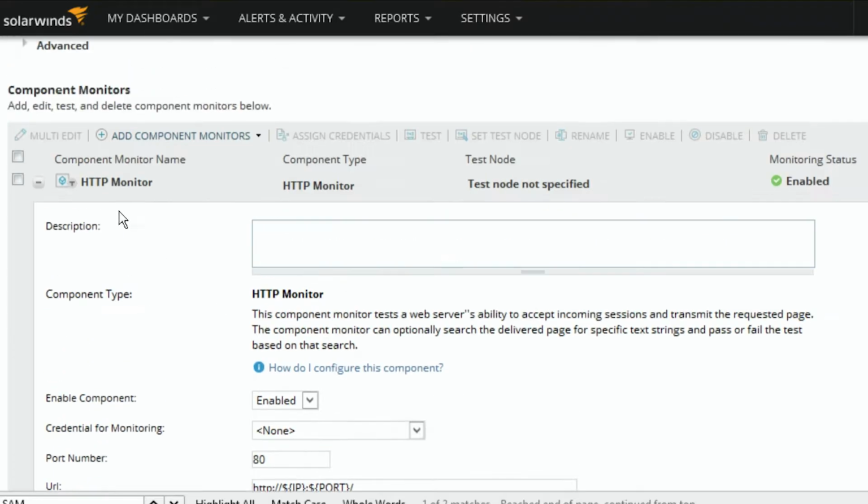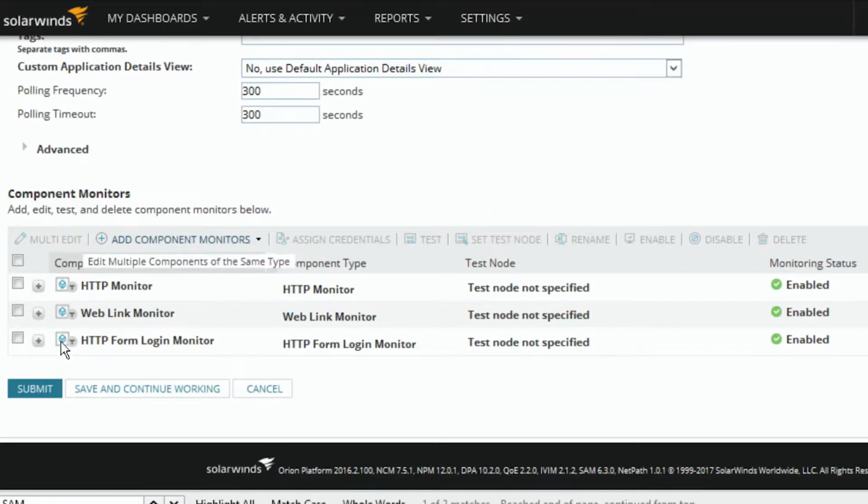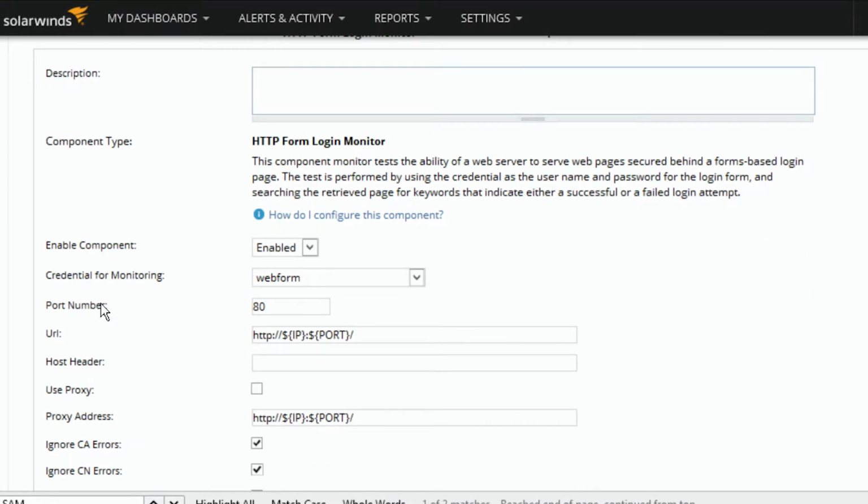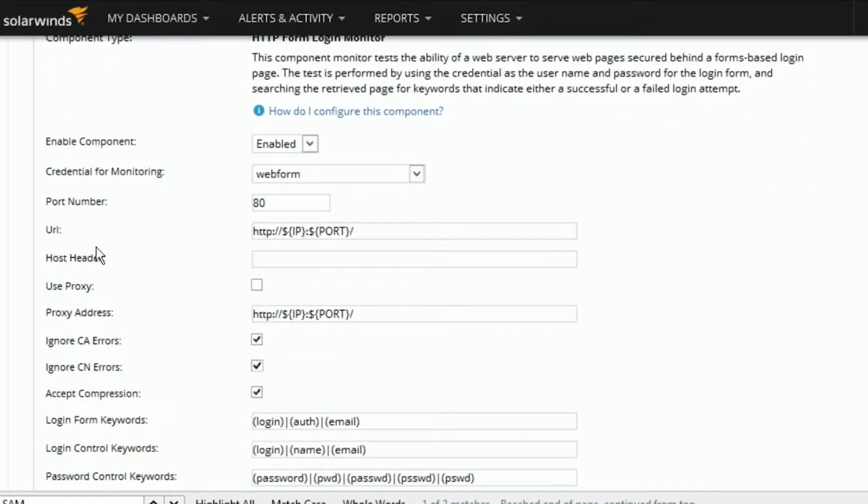So there's one more HTTP specific item, and that is the HTTP form, which I have a component here, the form login. Now the idea here is that you're going onto a web page and it's going to pop up a screen that says, who are you, give me your login, what have you. And this can really confound my ability to test a website because I've got to log into it before I get there. Right. So the idea here is that I'm going to fill out the form,